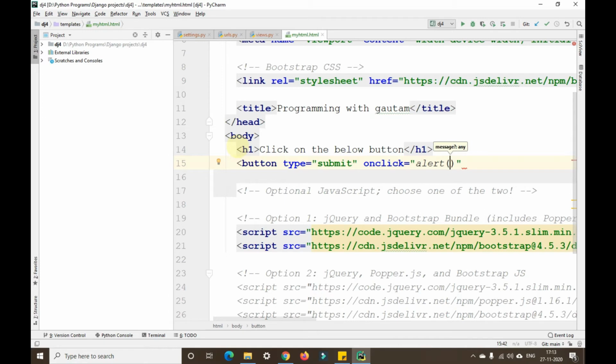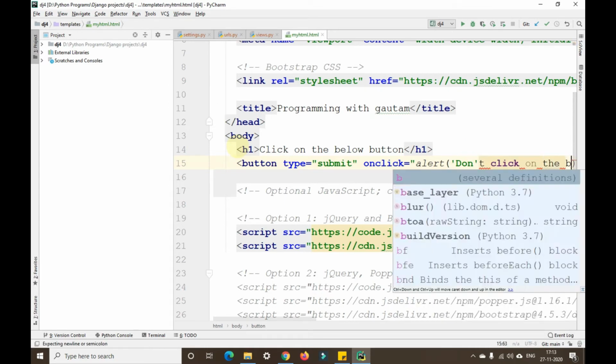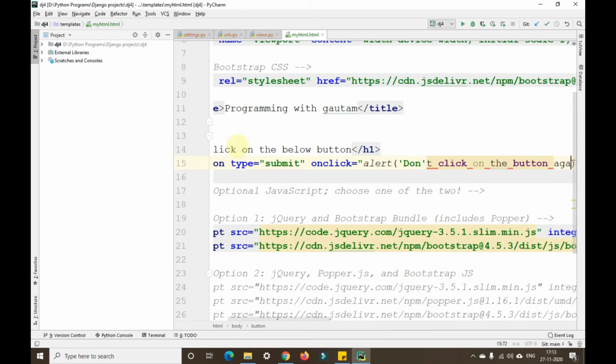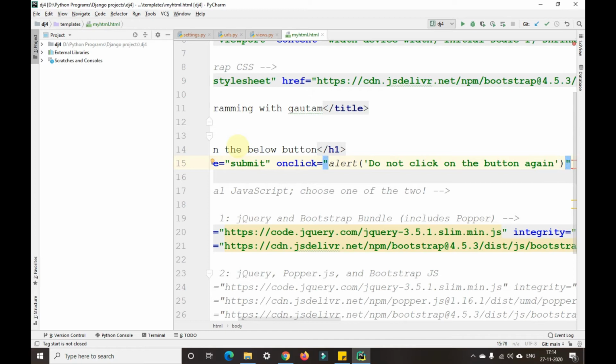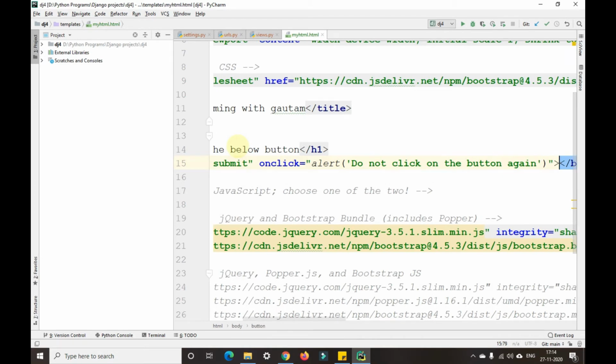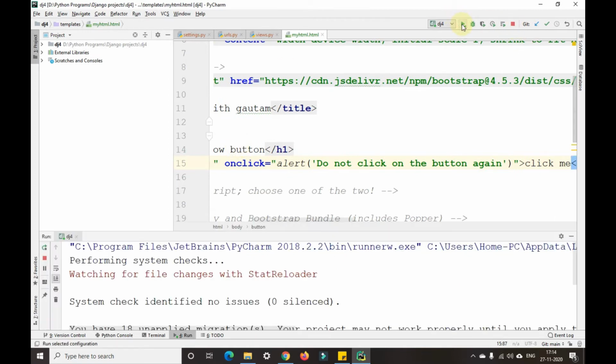I'll show a message here: do not click on the button again. Okay, I'll write do not click, because the single quote is clashing there. Now I'll close this button tag and give the button name as Click me.